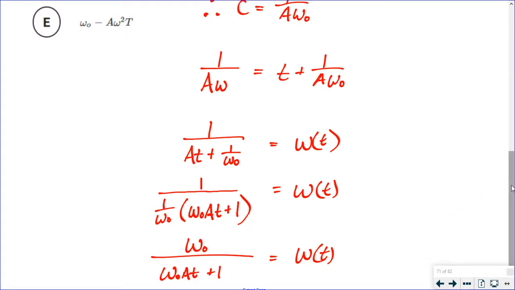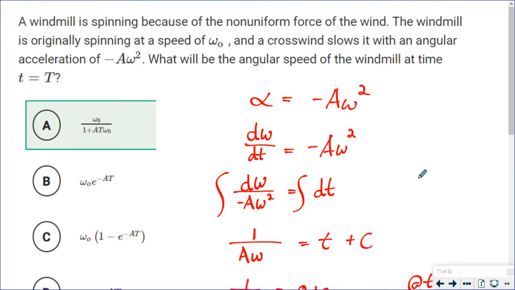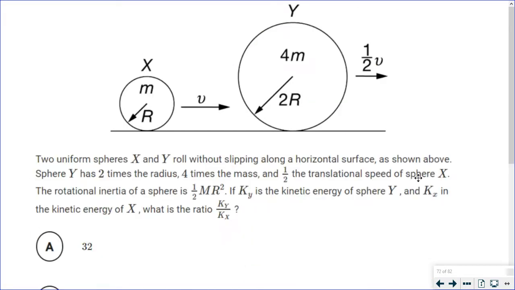And this problem asks for the time capital T, and that function is right here. That's your answer. So this is a great review of how you integrate a differential equation to get a function of time. Okay, our next one, you have two uniform spheres, x and y, and they roll without slipping along